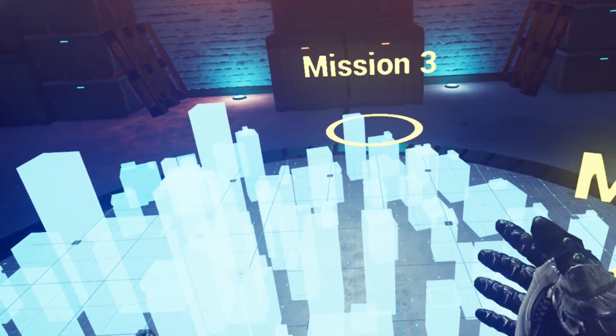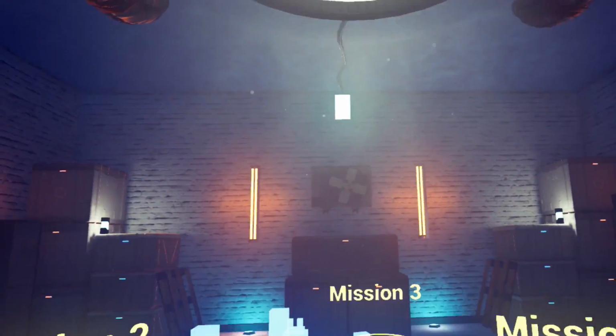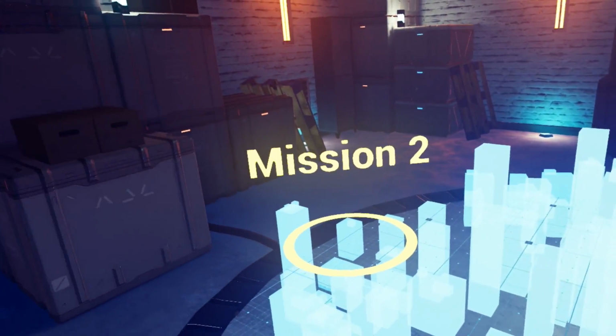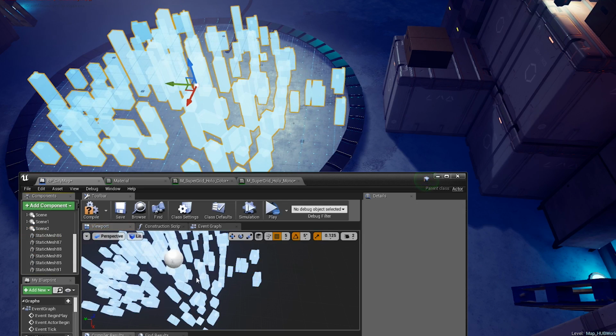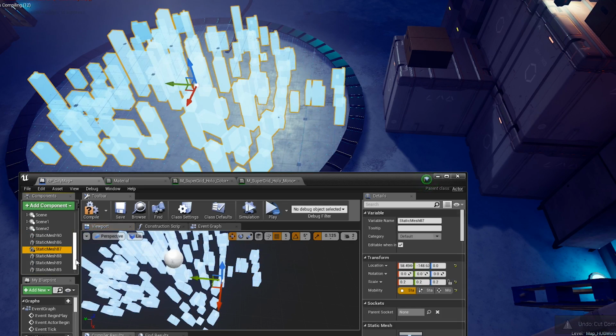For the layout of the room, it's just like every other room. All of the objects are placed around the center, so around on the walls, allowing you to focus on the center of the room where the holographic city is.